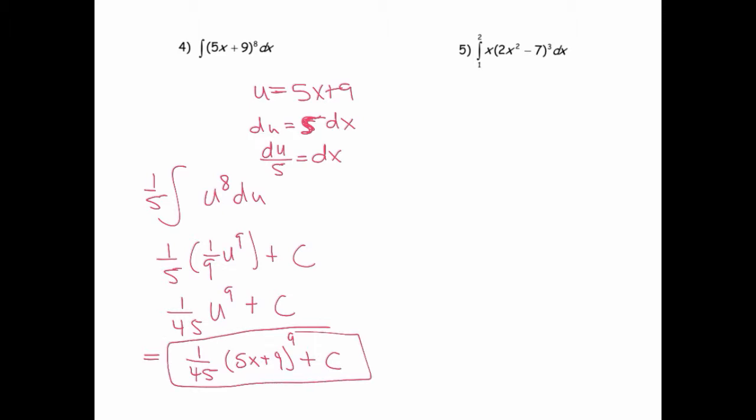So notice the difference between that problem and the one in number 5. Number 5 is a definite integral, so we're going to actually get a value here. But we can't do that until we find an antiderivative. We have to apply the fundamental theorem, which means we've got to find an antiderivative. So when I see this problem here, what I notice is